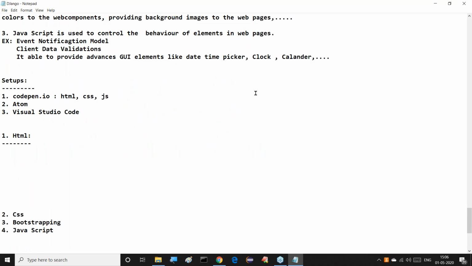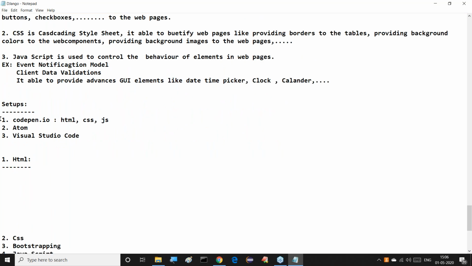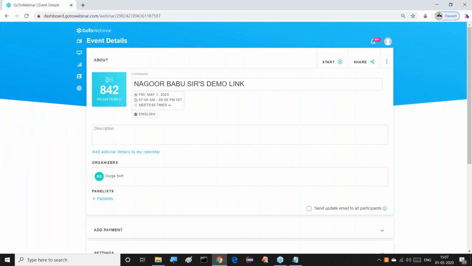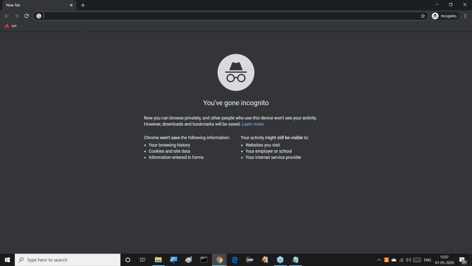Right, so what we require here as of now is codepen.io. I explained this, I think. It is codepen.io, not codeopen, codepen.io. That website is the requirement I gave. Its main purpose is to prepare and check the code instantly. If you want to check code instantly, we go for codepen.io.